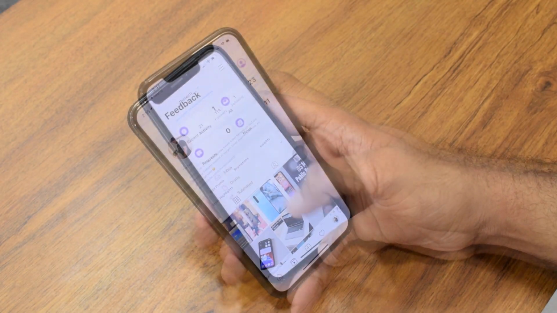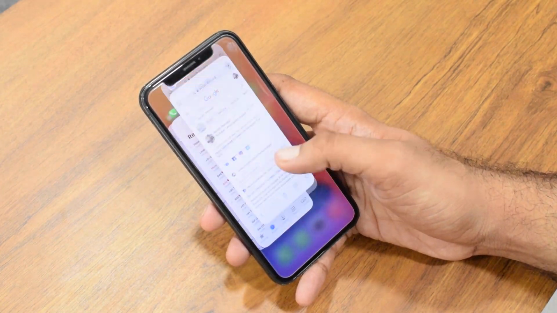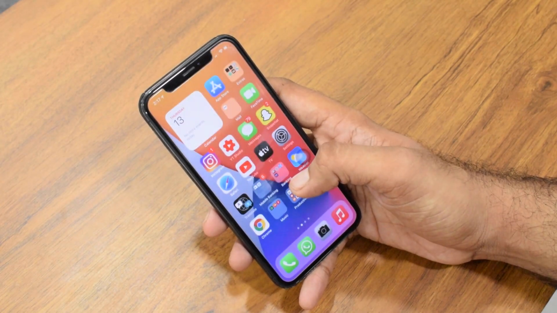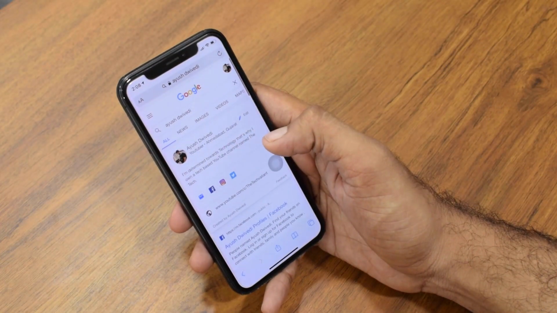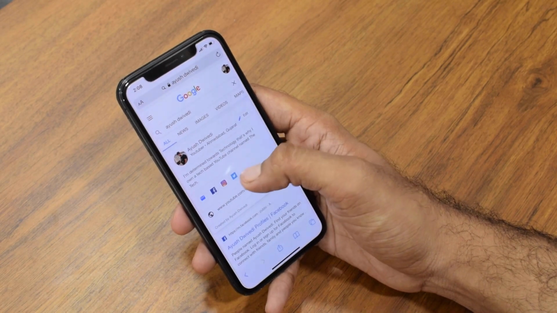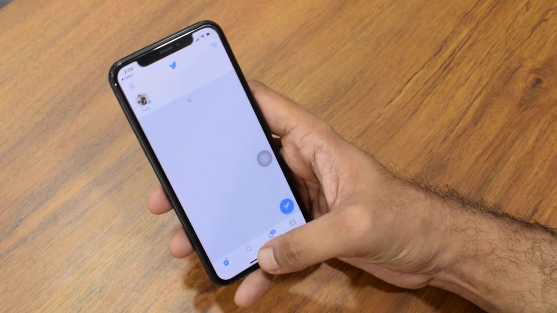The first is the responsiveness of the device. The device feels slightly sluggish when using, especially when scrolling or switching through the applications. Also sometimes the touch response is not that proper and I have to tap the screen multiple times to get the task done. Another place where I'm facing problems is app crashes. Safari crash is once again back and along with that I'm facing crashes in Instagram and also sometimes Snapchat.